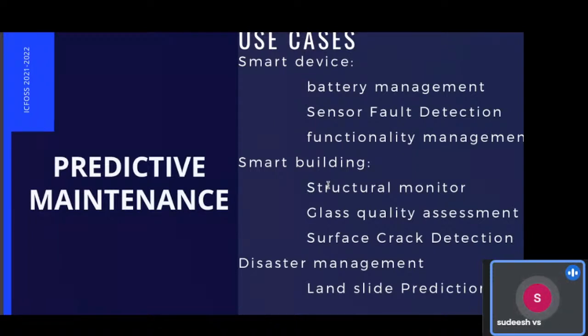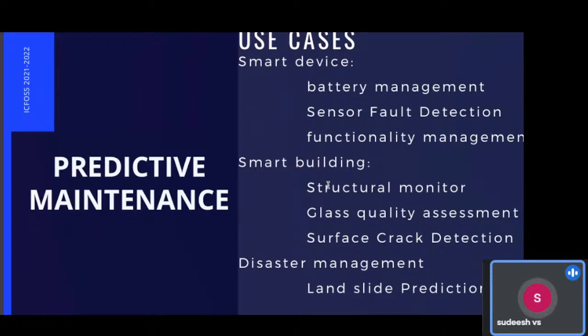Normally a BMS has constant current charging methods. So when AI is included, only the charge needed is provided to the battery, because they need the battery to have a longer lifespan. The lifespan of the battery can be increased. Also, the next one is sensor fault detection. I think costly cars already have these features, because even if any sensor is faulty, it will be notified to the user or company. That can be done by your analytics devices.